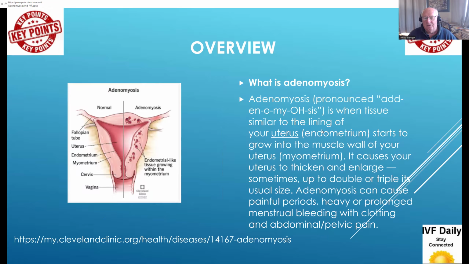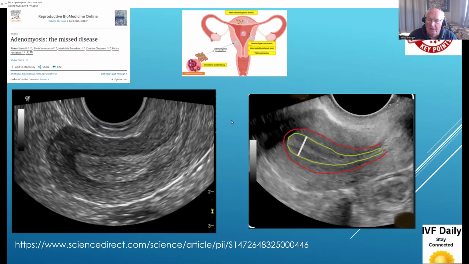adenomyosis, where the tissue lining the uterus starts to grow in the muscular wall. It can cause painful periods, heavy and prolonged menstrual bleeding with clotting, and abdominal pelvic pain, and my sympathy goes out to any person with this condition. But the issue really for this paper is the identification of it and the impact of different sorts of adenomyosis